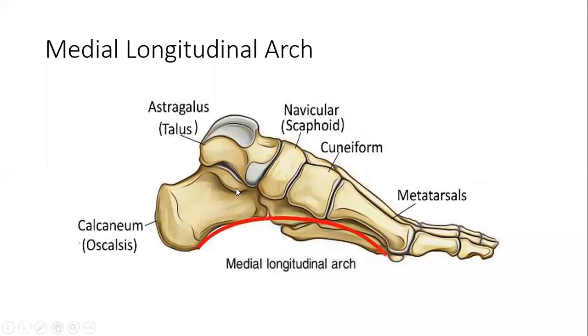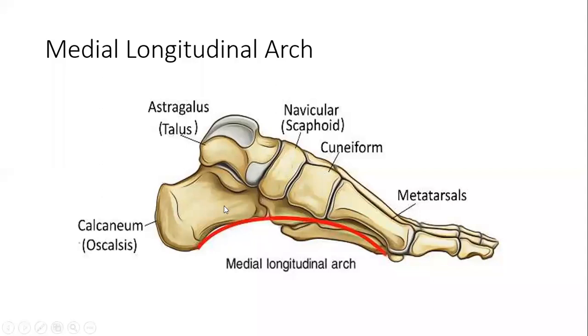The bones that form this arch include the calcaneum, bone of the heel, the talus, then the navicular bone, and then three cuneiforms: medial, intermediate, and lateral. And lastly, we need the first three, or the medial three, metatarsals. The keystone in this arch is the head of the talus. This is the superior trochlea of the talus. This is the body of the talus. This is the neck, and this is the head, which is going into the concave surface of the navicular bone.